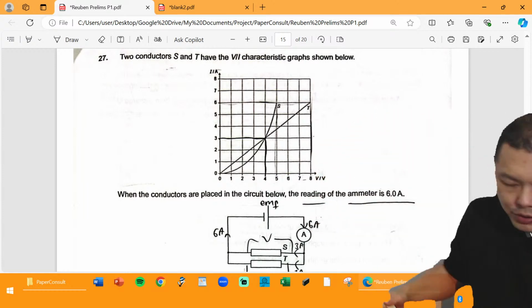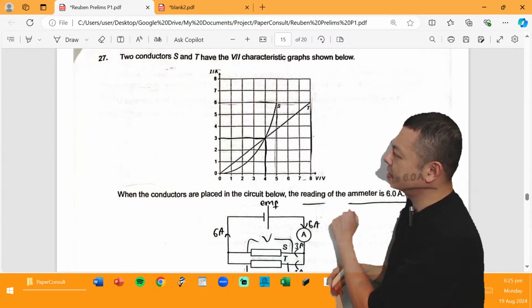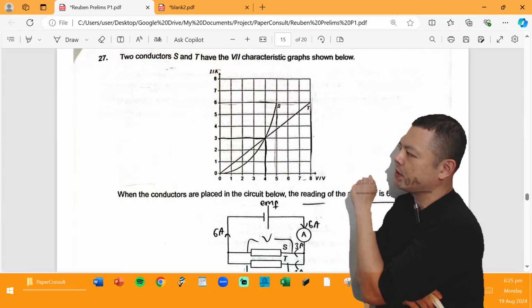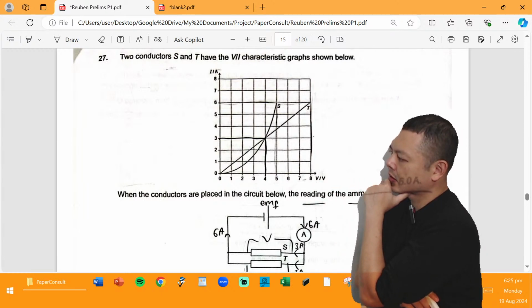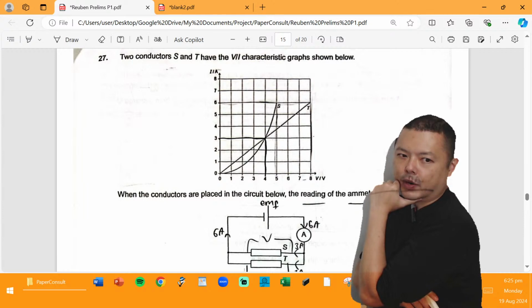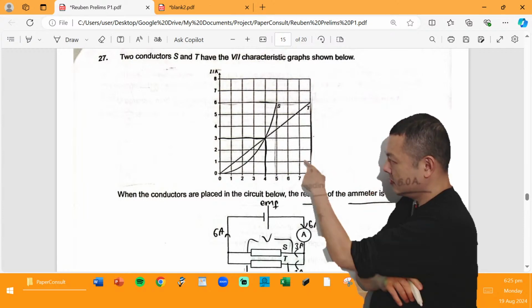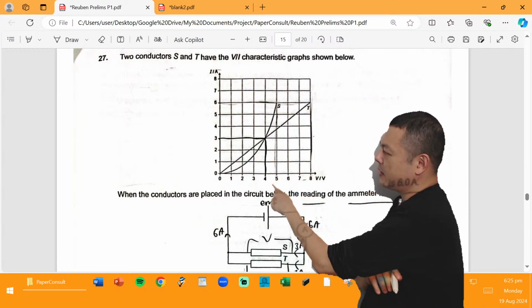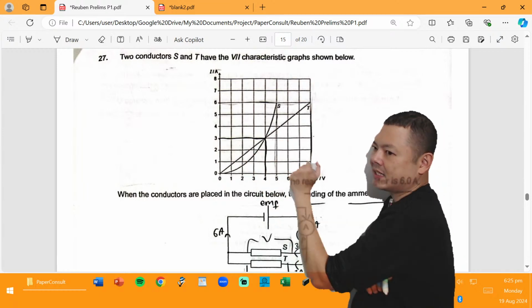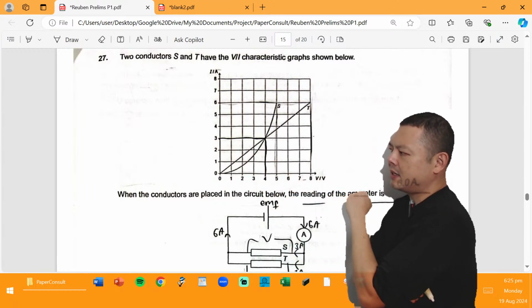So you see? Let me ask you this. Between S and T, when's the point where they have the same resistance? At the point where they cross, right? Because that's when the V divided by the I is the same. Then the next thing will be